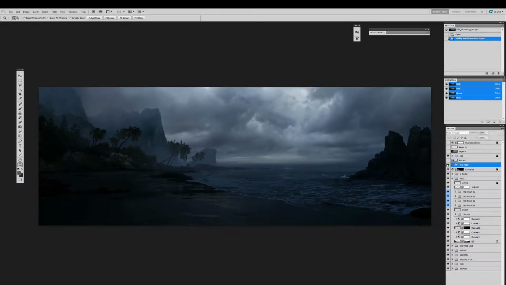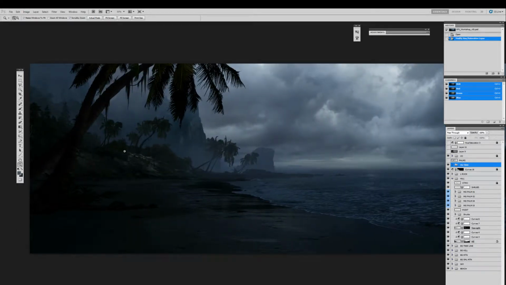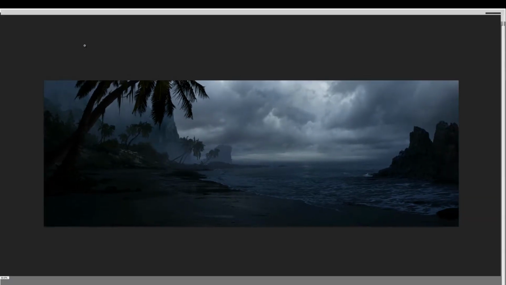I also went ahead and did the foreground palms. And this one, I want to show you guys how to do. I started the exact same way we started with these ones. I drew in the shape that I wanted, drew in my vines and overgrowth. But because this is in the foreground, we can't get away with just flat color. We need some form, we need some edge detail, just to help sell it, because it's so foreground and it's in your face. So the way I did that was